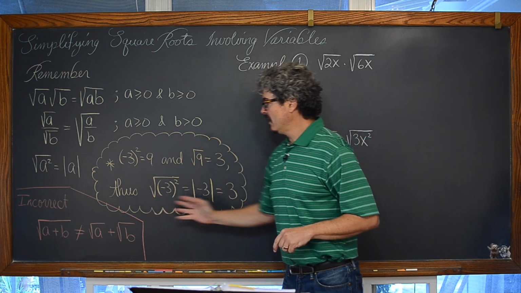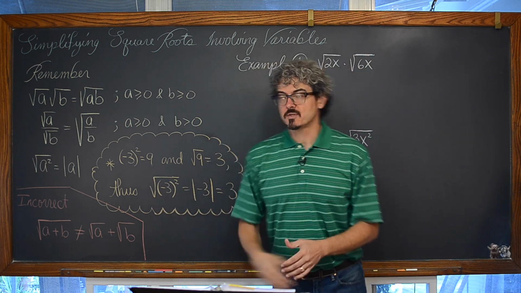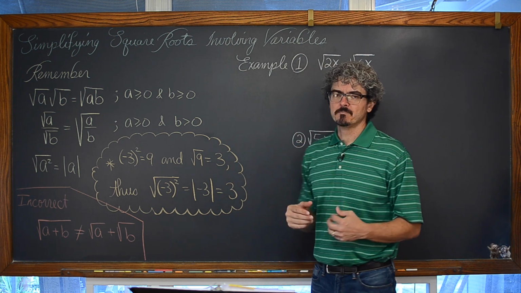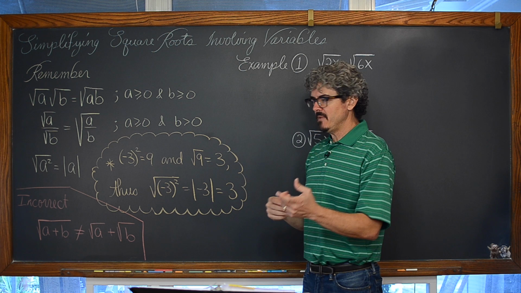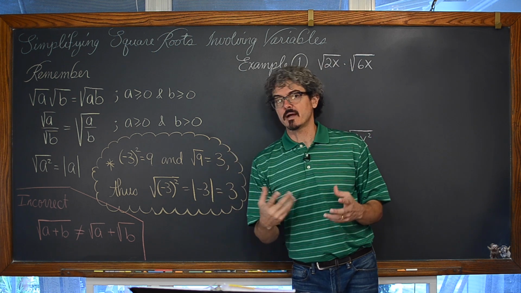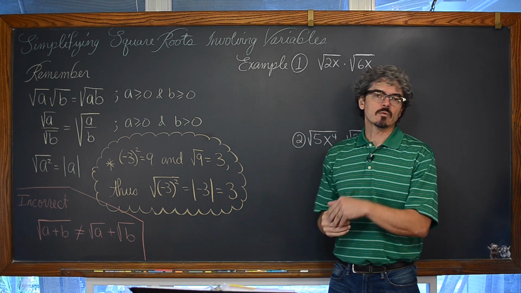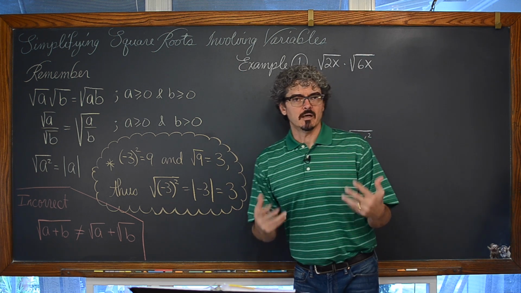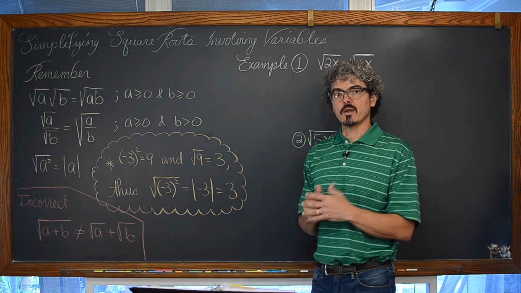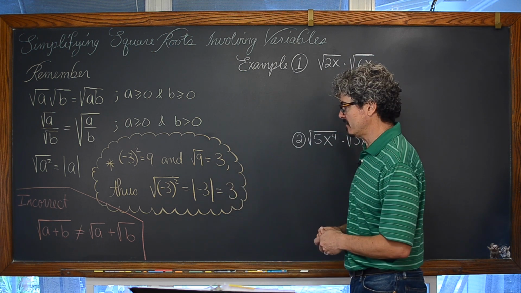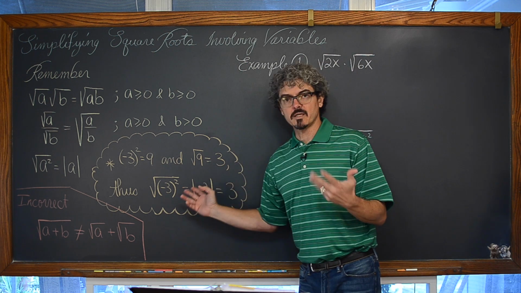So we'll have to be aware of this as we do our problems here of simplifying these square roots that involve variables. Now, your textbook may make this look simpler than I'm actually discussing, because sometimes in early algebra books, in the directions, they just make the assumption that our variables are all going to be greater than or equal to 0, thus making this kind of redundant.